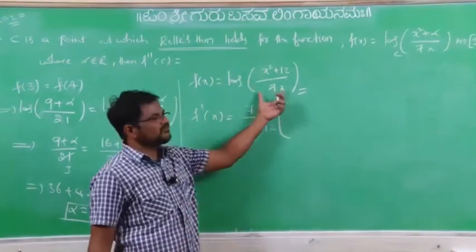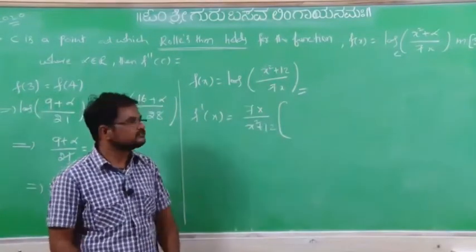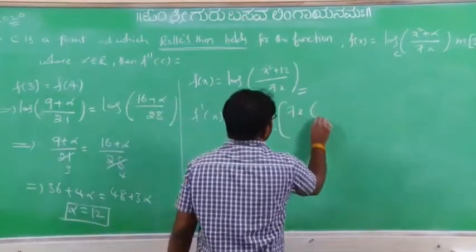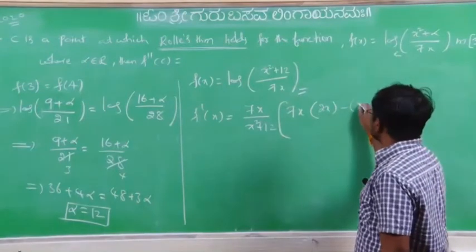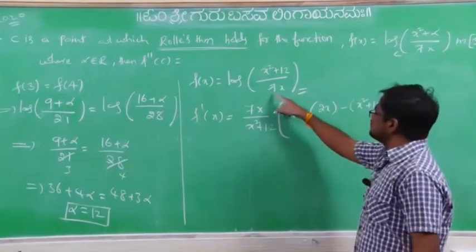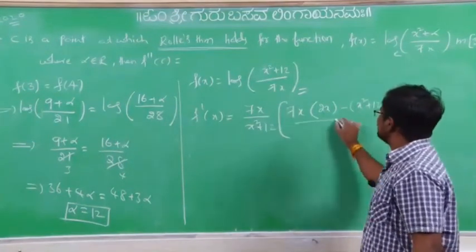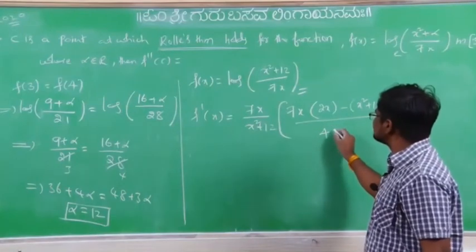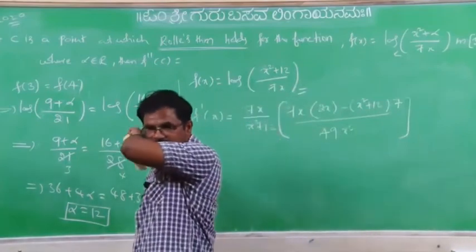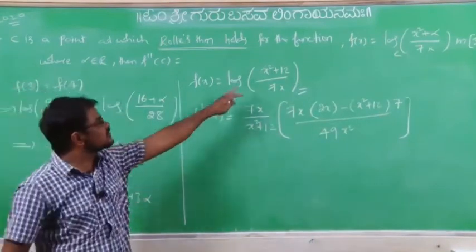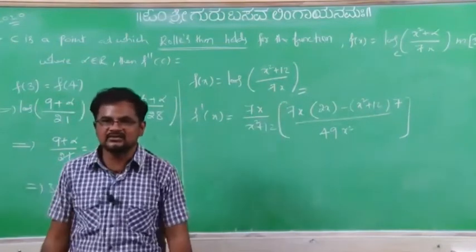Again we have to do the differentiation for this one by the chain rule. So here which formula is there? Quotient rule. Now v, differentiation of u, 2x minus x square plus 12, differentiation of 7x is what? 7 divided by 7 square, 49 x square. Yesterday we did one same type of problem. What is that? X square plus ab by (a plus b) into x. Their x value is root ab, answer is that. Same.